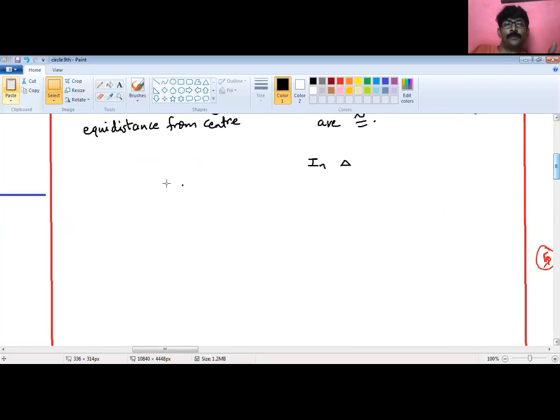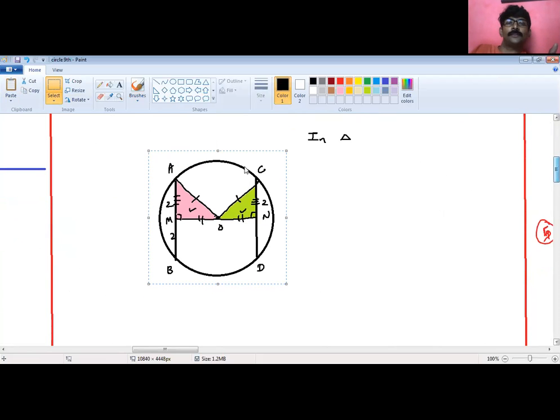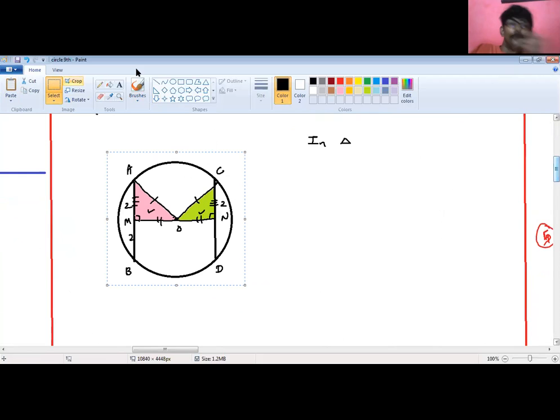So paste it over here. I'm just pasting it over here for my convenience so that I can keep referring to this and keep writing this proof. So how to write this proof, guys? Understand. First of all, I'll write: in triangle AMO and triangle